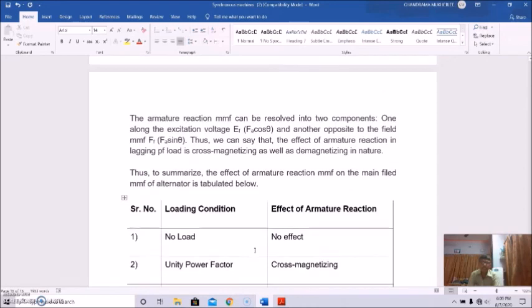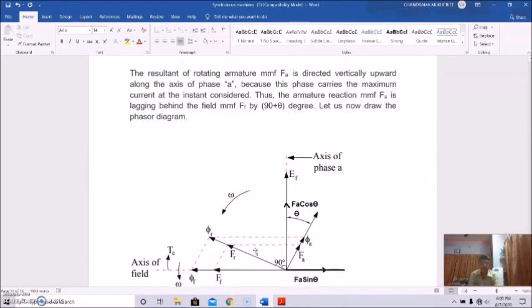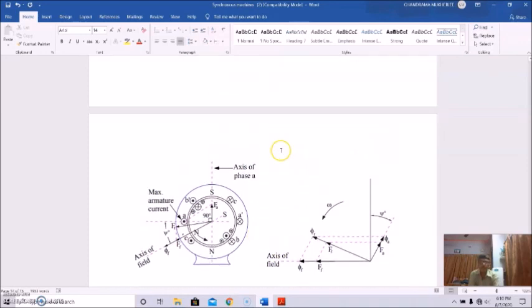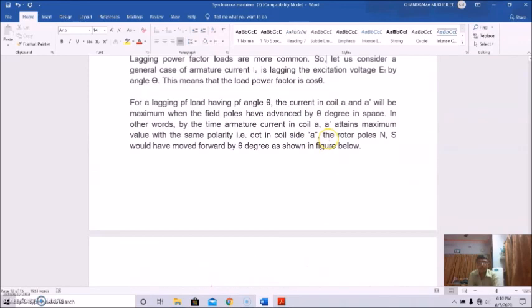So we have discussed this on the basis of this assumption. We have drawn the space phasors taking all the MMFs, that is main MMF or field MMF, armature MMF, and then resultant MMF, and then we have drawn the excitation EMF and armature current as time phasors, and when these two phasors are combined, we get the combined effect, which gives the phasors of armature reaction of the synchronous machine. Okay,